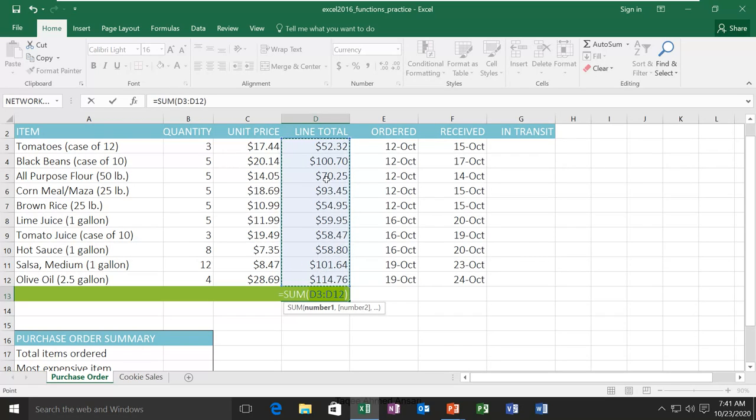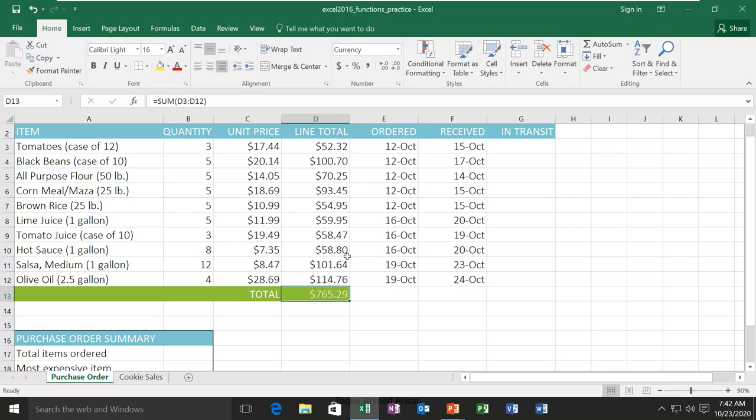And how it is selecting it, remember it will select by default from the same column and only select upward. It will not select downwards. It will select only the upward cells. And you can see the function here. Now when I press enter, you can see it has calculated the total value of all these values, and here in the formula bar we can see the formula.